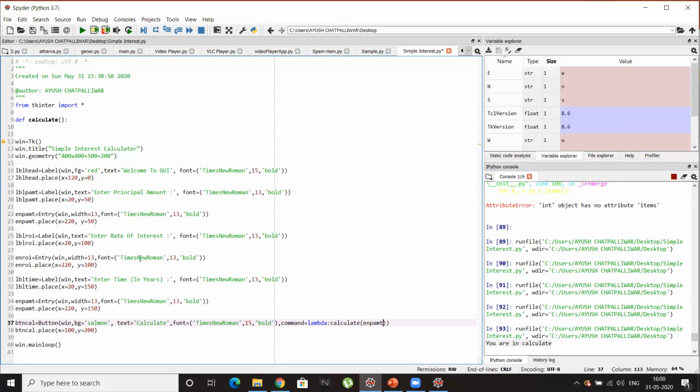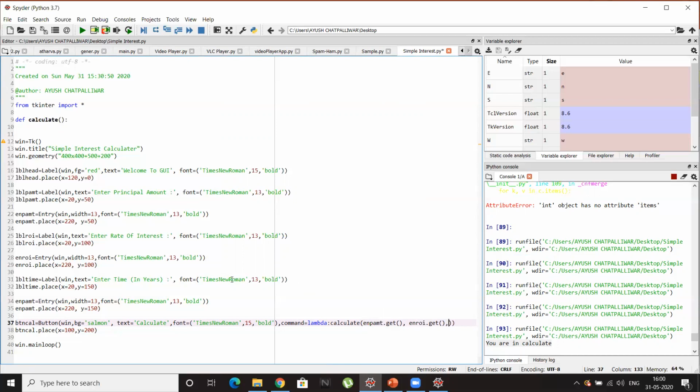So on click of the button, I'll give dot get, and it is a function, so dot get and parentheses. It will return whatever the user has entered in the text box. Similarly, we will do it for the entry box of rate of interest, that is ENROI dot get.